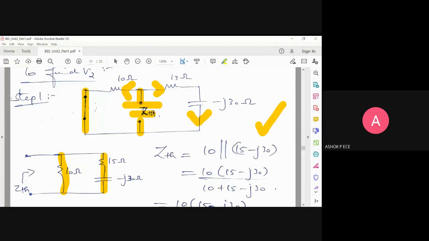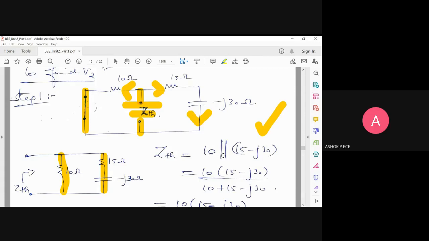And to remind every one of you, we are in unit 2. We are seeing Thevenin's theorem. We have finished the first theorem, the superposition theorem. The second theorem we are seeing is Thevenin's theorem, and it is used to simplify a network, or to find the voltage or current across a component in a simpler way.